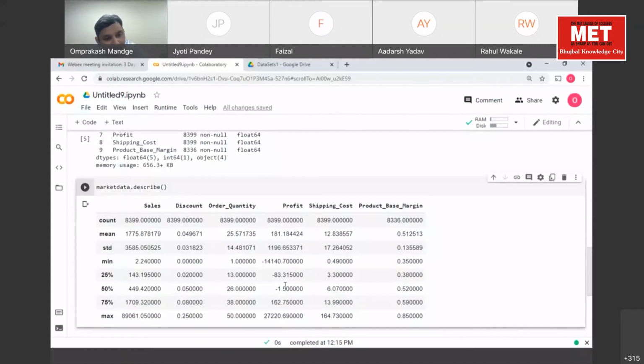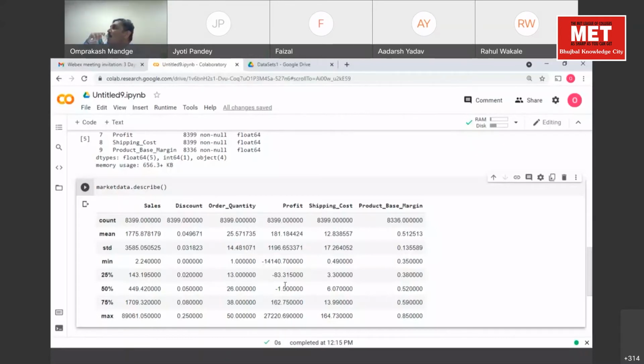I'll start from the bottom. Can you find all the columns here? Which columns are you getting and which are you not getting?